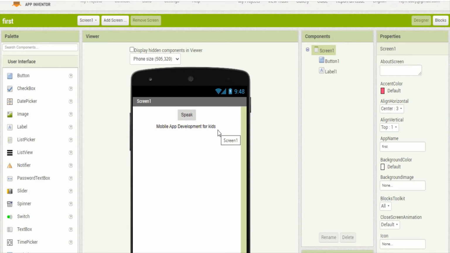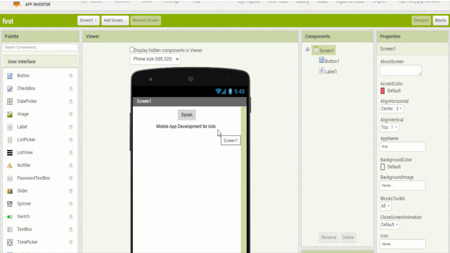So I already mentioned the front end of the mobile app. Now here I need to do the coding for this mobile application. Because I am using MIT App Inventor, there is no need to do the text based coding. Instead of the text based coding, we use the visual programming method.